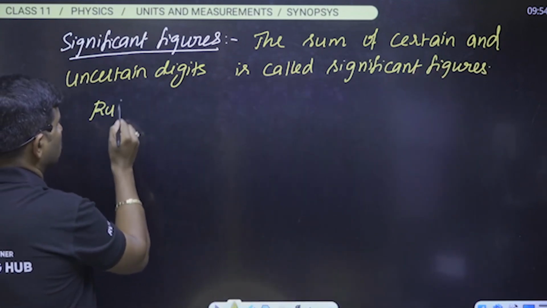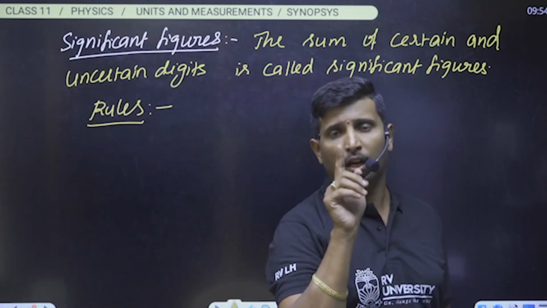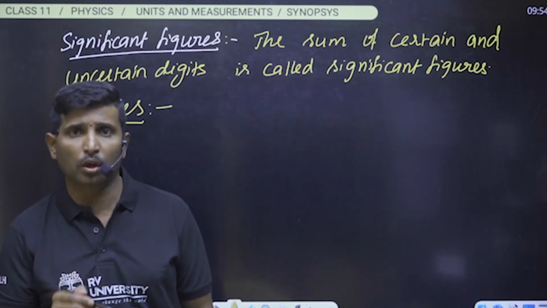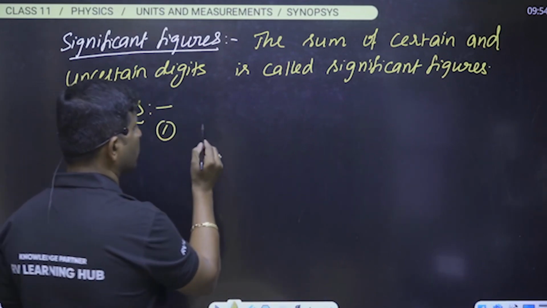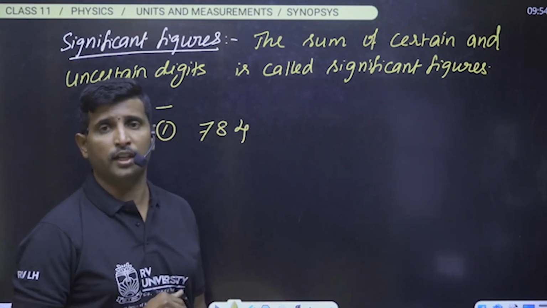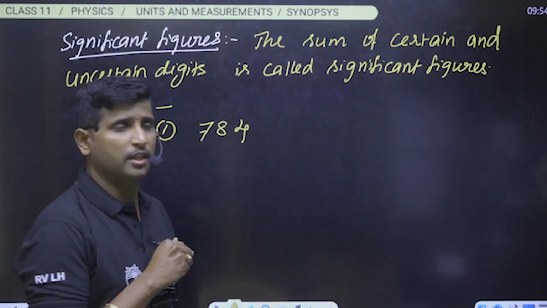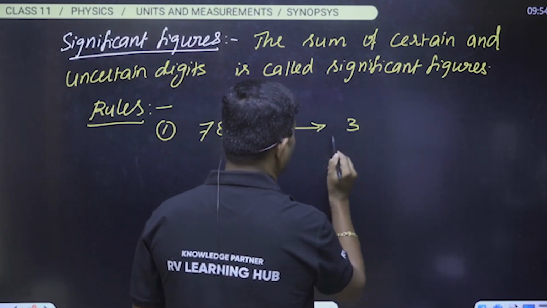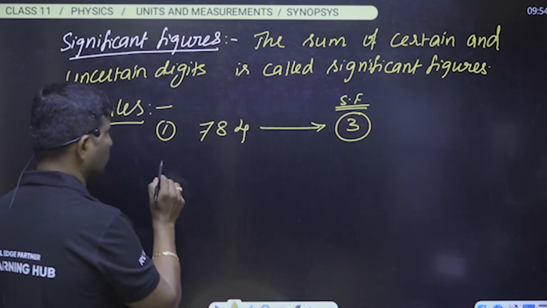Just we have to learn the rules to identify the number of significant figures. I will explain each and every rule through an example. See here, first one, if I take a number 784, all non-zero digits are significant. So the number of significant figures is 3. And